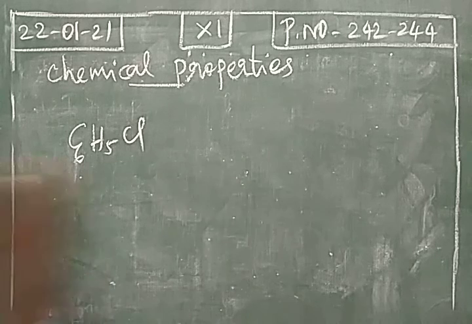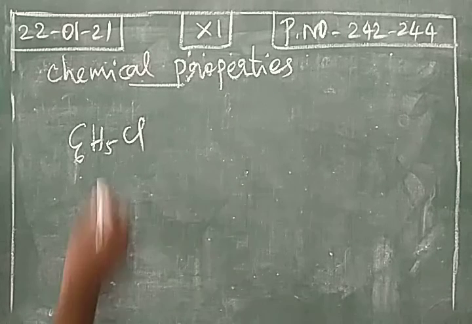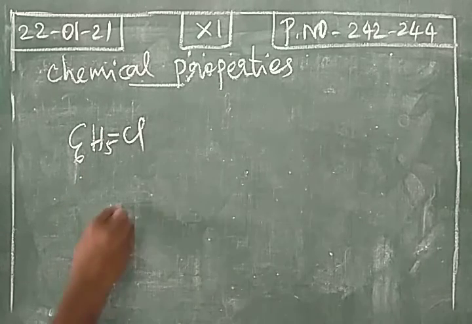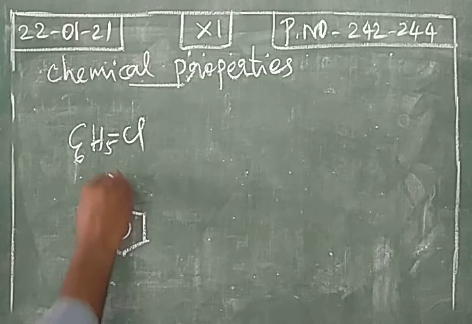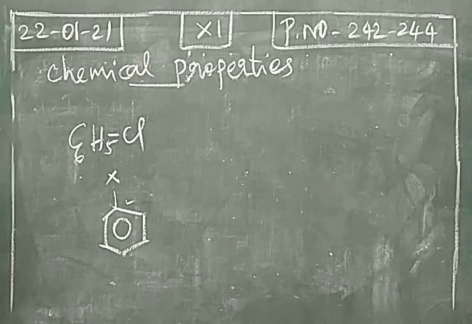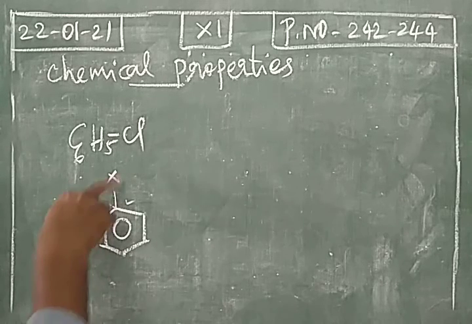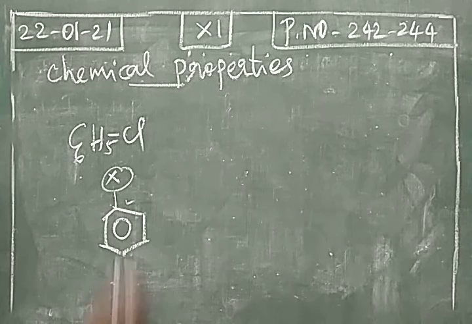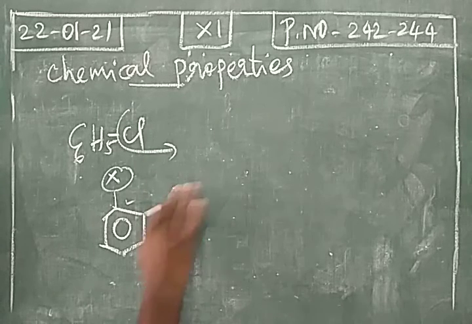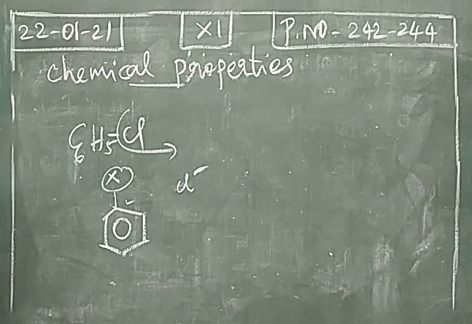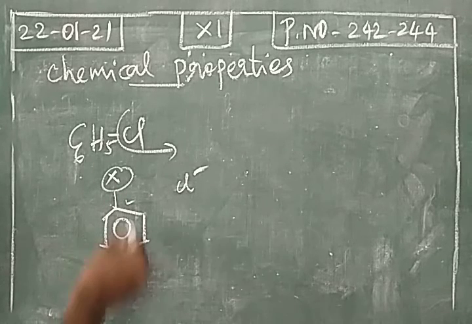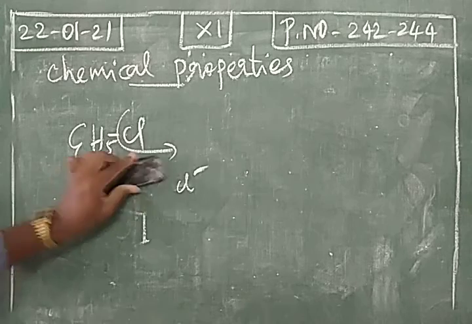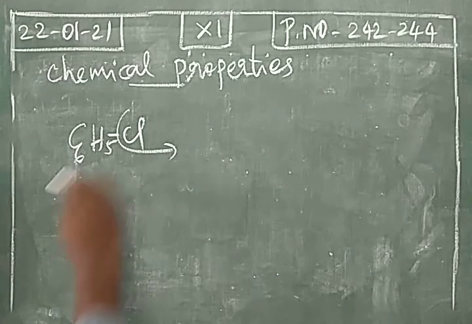Okay. And why is nucleophilic substitution a rare one? The bond is a stronger bond. When you take haloarene, between the carbon and halogen, the bond is short, at the same time stronger. So the halogen cannot easily leave. If you take chlorine, chlorine cannot easily leave as chloride ion. It is not an easy process. And the electron density is also more here. If these are all electron releasing groups, halogen can easily leave as a halide ion. So here electron density is more. So the bond between carbon and halogen is a stronger bond and it is a shorter bond.